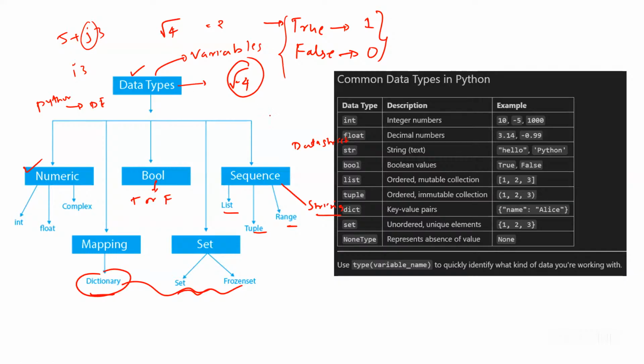But if you come and see how exactly our data types look like. For int, it's an integer number. You can assign anything. For string, anything that is in double quotes or single quotes is automatically considered a string. For Boolean, it is true or false. When I come to list, anything you assign in square brackets is called a list. If you assign the same thing in parentheses, it is called a tuple. And dictionary is always a key-value pair, just like your JSON data. And set, again, we assign in curly brackets. Now how these particular data types work, I'll come back to again and again.